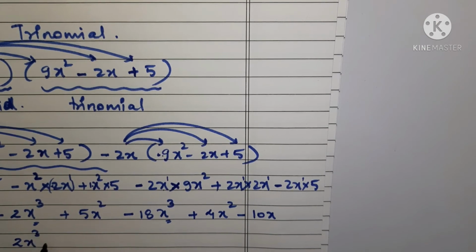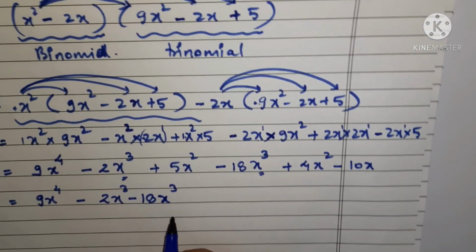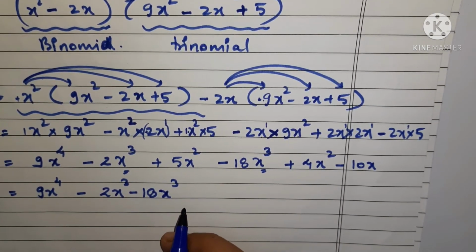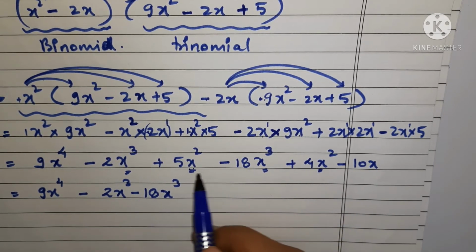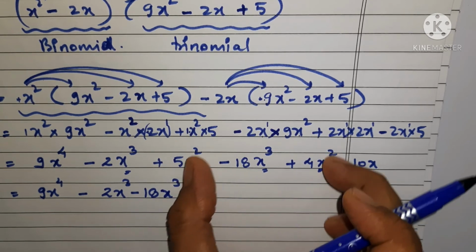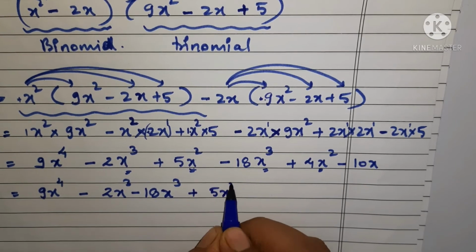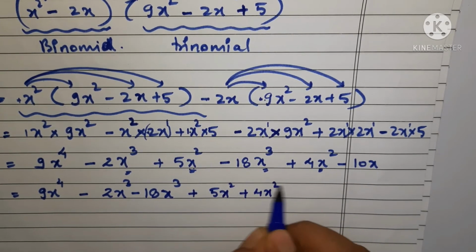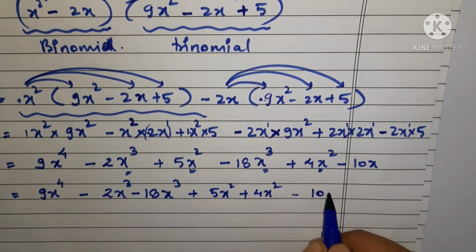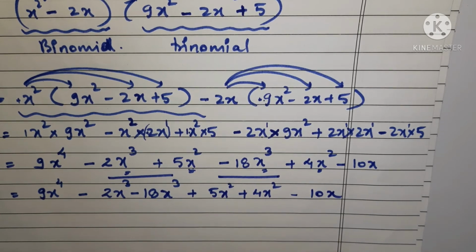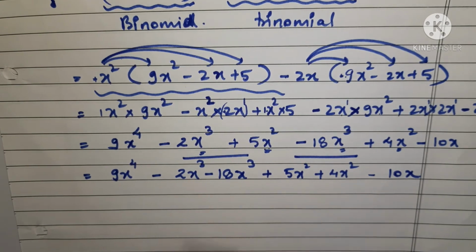So it is 2x cube, this is minus 18x cube, sorry, this is minus 18x cube, okay, and then you can see this is also like term and this is also like term. क्यों? क्योंकि इनके वेरिएबल्स भी सेम है और पावर्स भी सेम है, तो हम इनको फिर से एक साथ इकट्ठा करेंगे. So it will be grouped together, that is 5x square and plus 4x square, and what is remaining? Let us write it as such. It will be minus 10x. Let me group it so that you will understand that these two are like terms, right? So we are having two pairs of like terms.